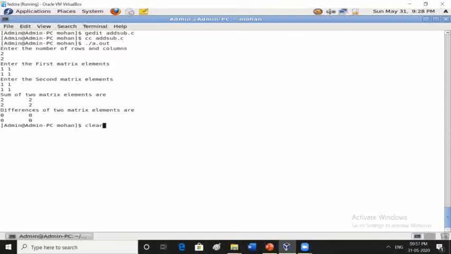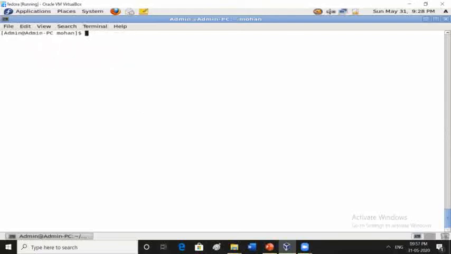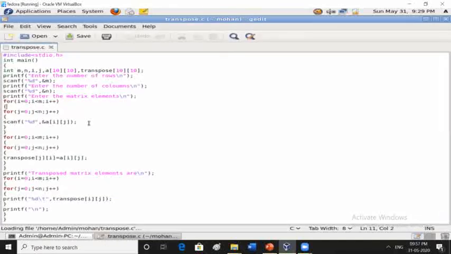And then another one, that is the transpose of a matrix, right? Okay, already I have written the code for this one, transpose of the matrix. For the transpose of the matrix, you are reading the number of rows and number of columns, only one matrix is enough.